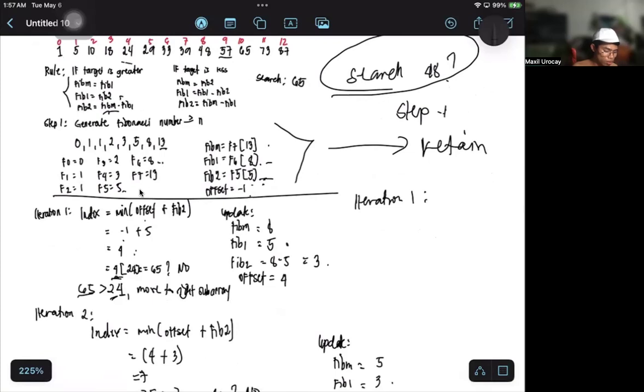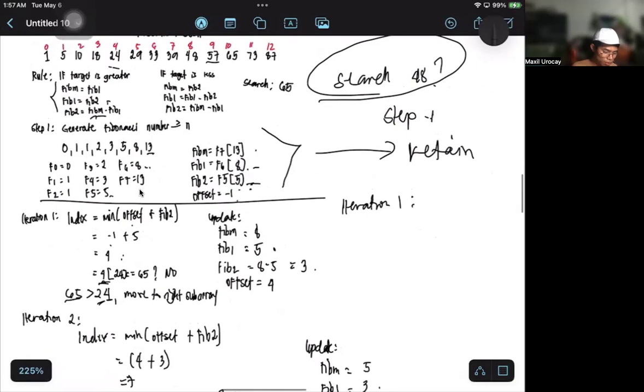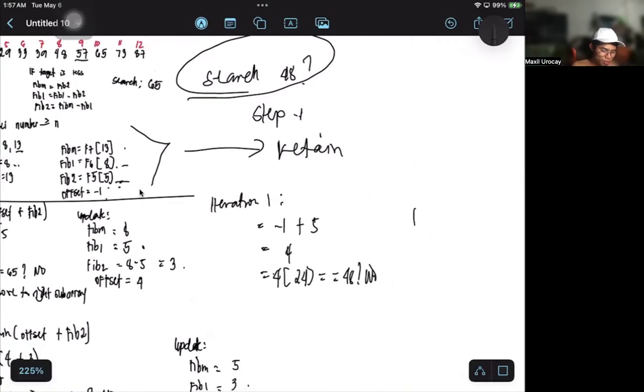24 is not equal to what will happen here. I will not calculate everything out. So negative 1 plus 5 equals 4. Then 4, does it equal your array 48? No. So therefore, what will happen? Fibonacci M,